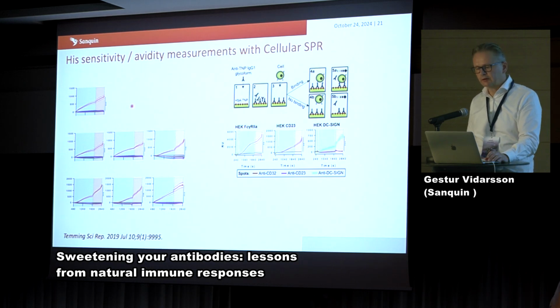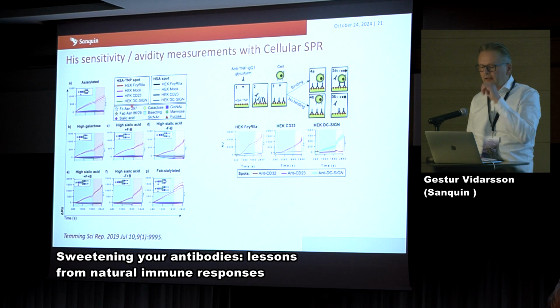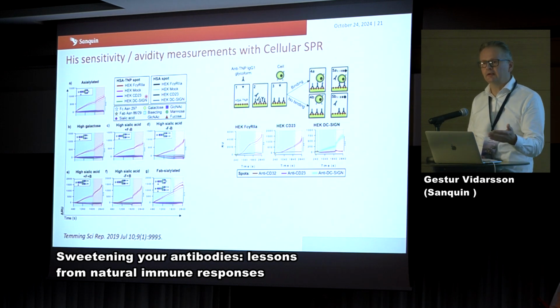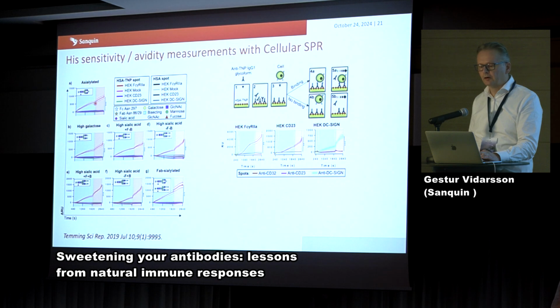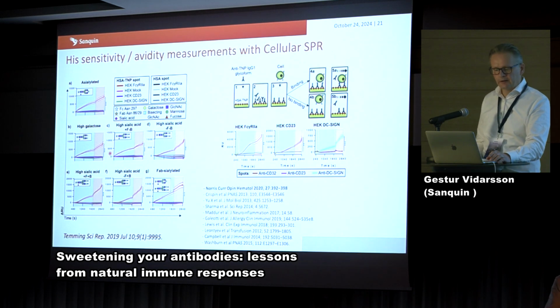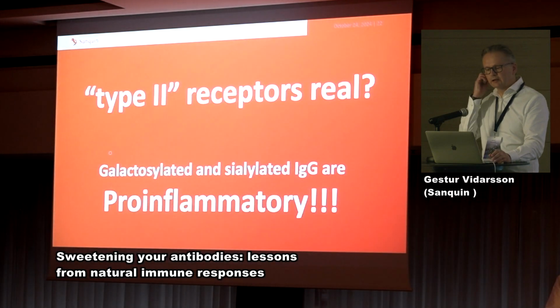But if you look at the binding of just the antibodies glycoengineered with either Fc or Fab glycosylated antibodies, either sialylated or not, we only see binding of the Fc gamma receptor 2 expressing cells, and CD23 or DC-SIGN do not recognize antibodies at all, no matter how they're glycosylated. So basically, we think that we should be really careful, at least in humans,